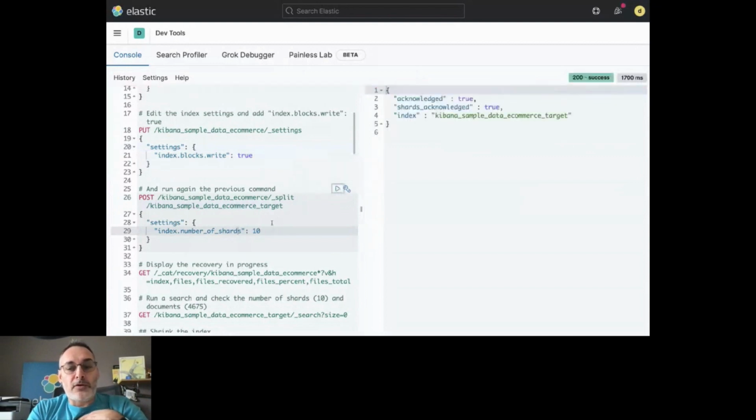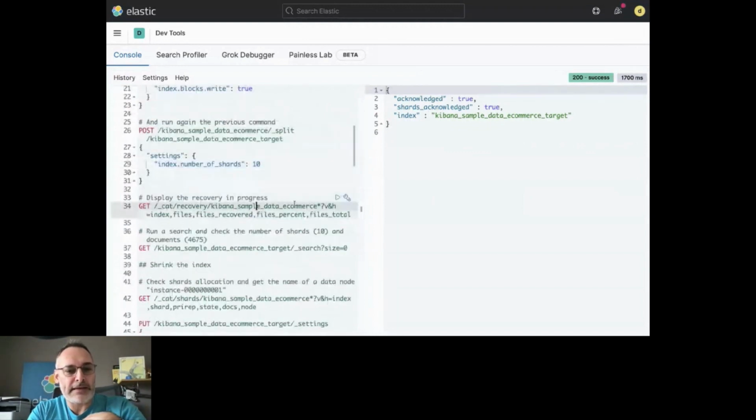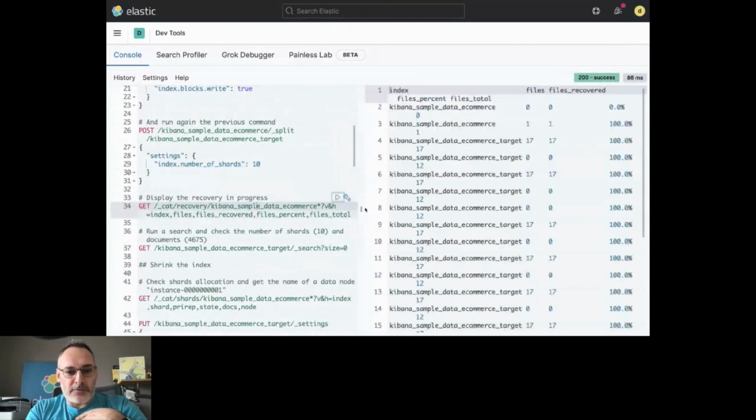It won't take a long time, because obviously here we don't have a lot to do. But let's say you can check what is happening on the fly. If it takes longer than some milliseconds here, then you can check with this cat API what is currently happening and how fast we are recovering the data.